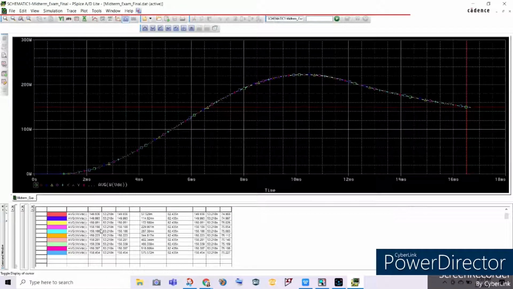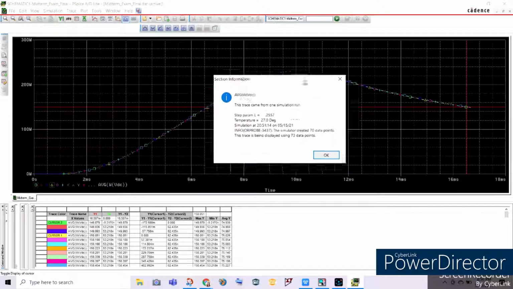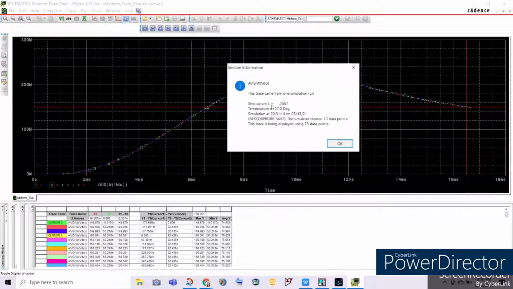This gives us a more accurate value wherein, as you can see here, the nearest value of the average power to our expected value of 150 watts is this one, 150.051 watts. So this yellow value here will be the value that we will be considering as the value of our inductor L. So this triangle here, let's check this value. As you can see, the value for our step parameter L is